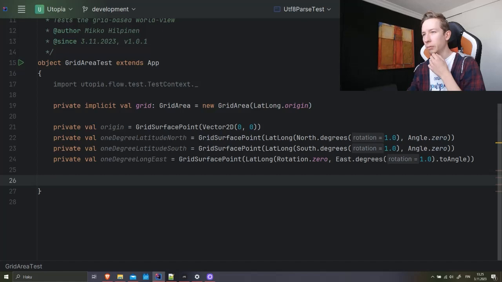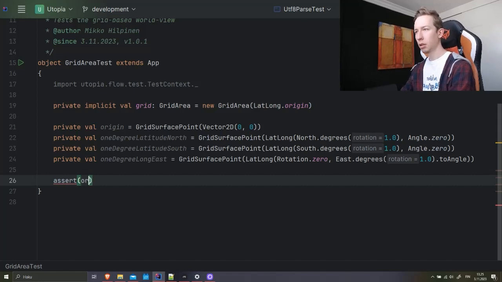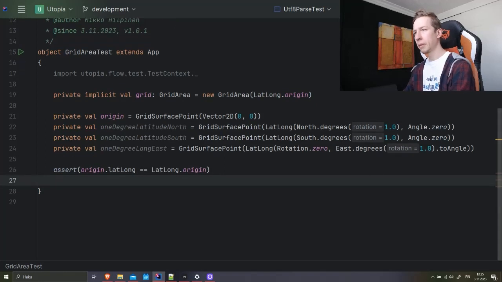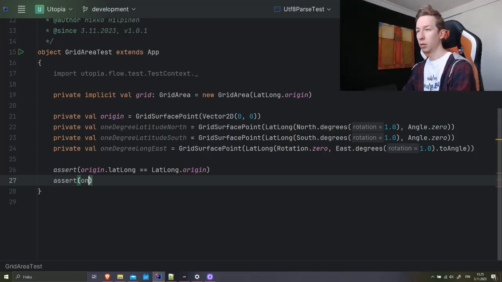test what kind of output do we get when we transform these into vectors and latitude longitude coordinates. So at least the origin should have a latitude longitude coordinate of 0, 0. That should be very clear. 1 degree latitude north should have 1 degree latitude north vector should be something around